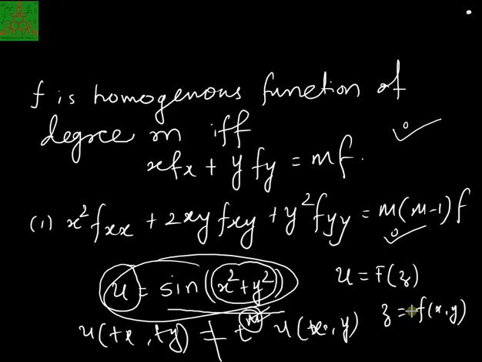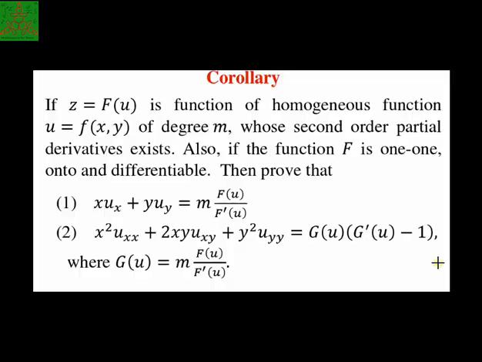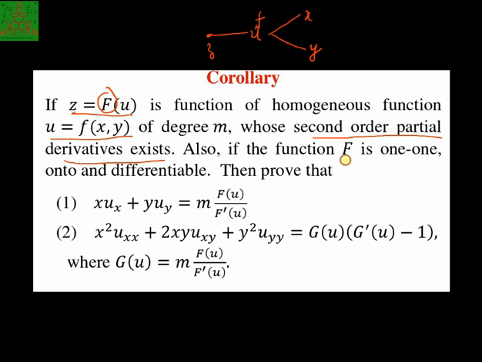So what is the result, like Euler's theorem or this corollary, that we can state? In this video I describe how to solve equations which involve the partial derivatives of such types of functions. That is also known as a corollary of Euler's theorem. Let us see what that corollary is. The corollary states like this: if z is a function of u, which is a homogeneous function f of x, y, so here z is a function of u and u is a function of two variables x and y, where f has second order partial derivatives, and the function capital F is 1-1 on 2 and differentiable,